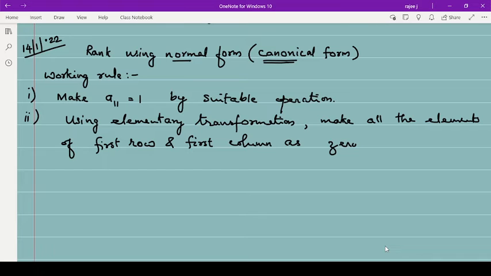Means if you have a matrix, here we will be making 1, and for the first row and first column, whatever the remaining elements are, make them 0 by suitable elementary transformation.